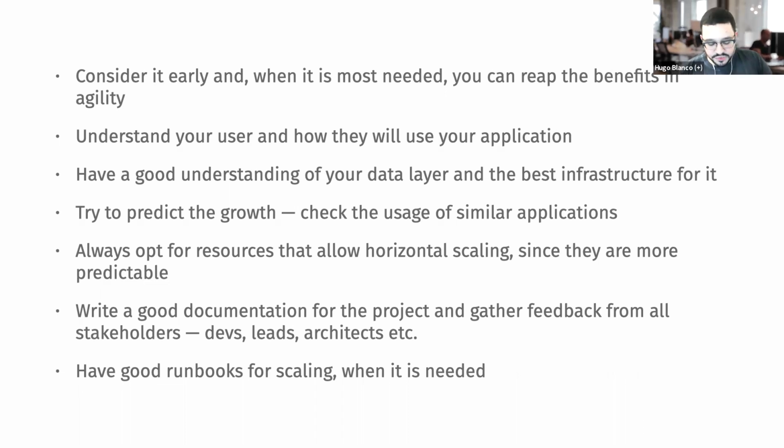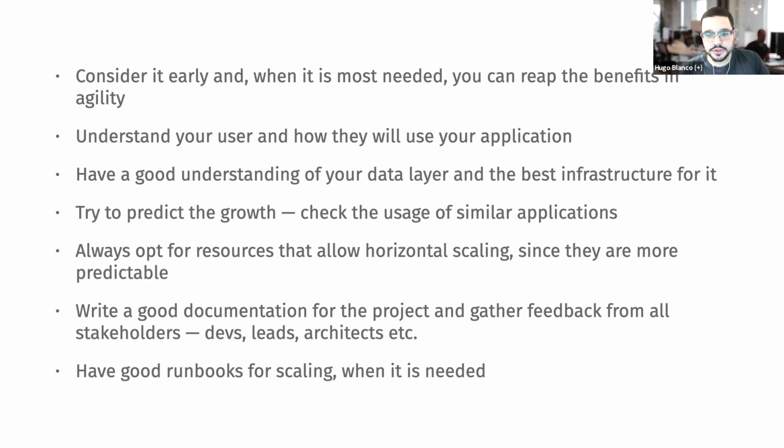If you're talking about an application that could be seasonal, for example, Black Friday, you could receive a lot of users during that time. So you have to be prepared for that. You have to understand how your user will interact with your data, and the times that the user will be most active.